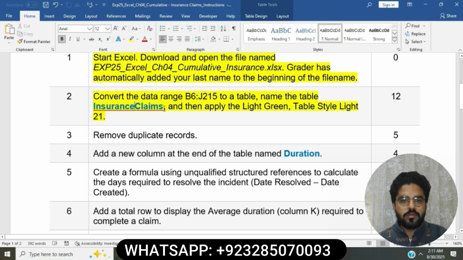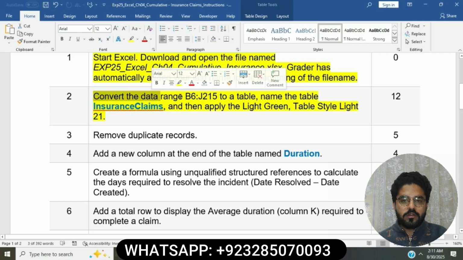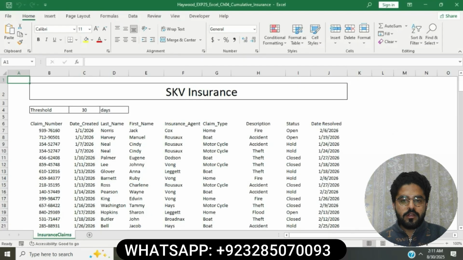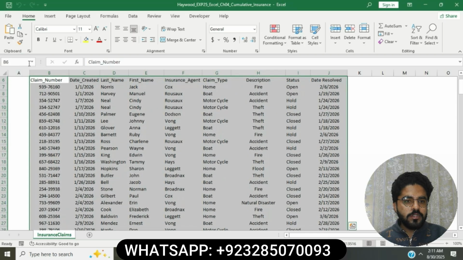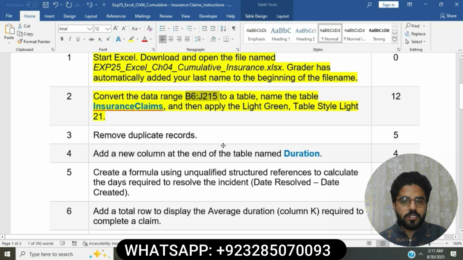Basically, in this question you will have to convert the data range from B6 to J215 to a table, then set the table name insurance claims, and then apply the light green style. Now move to the Excel workbook, and in the left corner you can see that we have put a range that is given in the instruction file